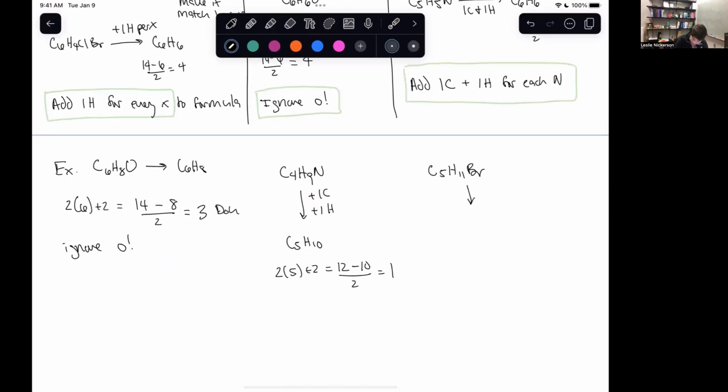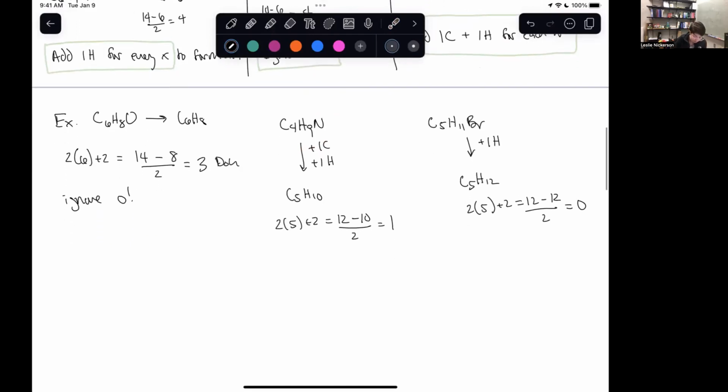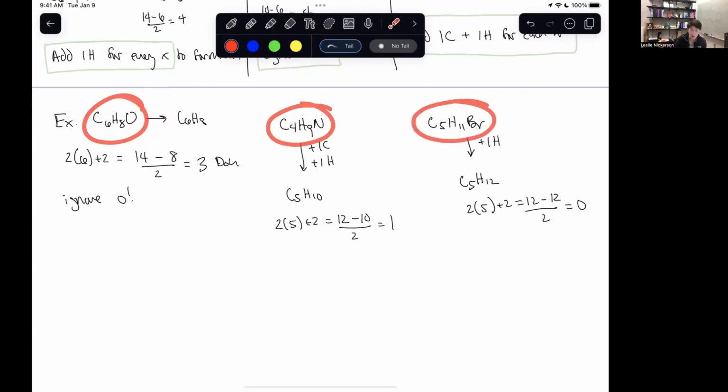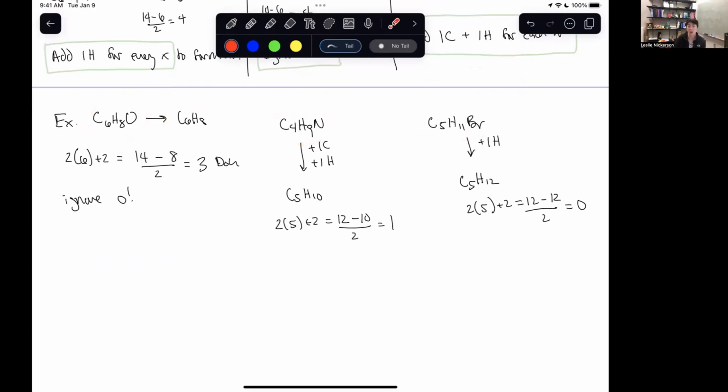And then C5H11Br, we're going to add 1 H because I've got 1 bromine. So I've got C5H12. So 2 times 5 plus 2 equals 12. Minus 12 divided by 2 equals 0. Okay, so if I was to draw out these possible structures, I would be wanting to draw something with this formula in all cases, but we know how many pi bonds, we know how many rings